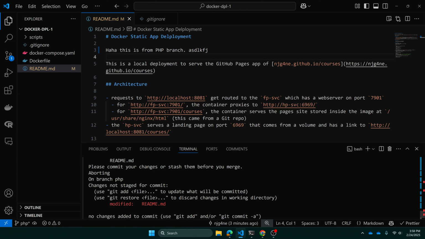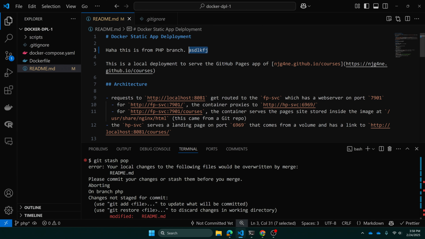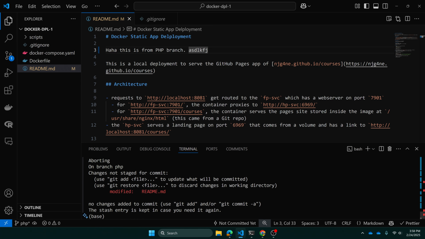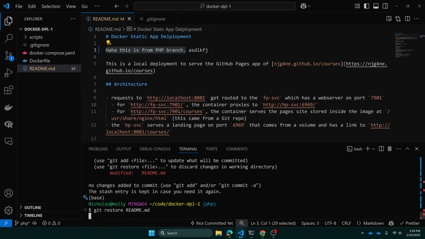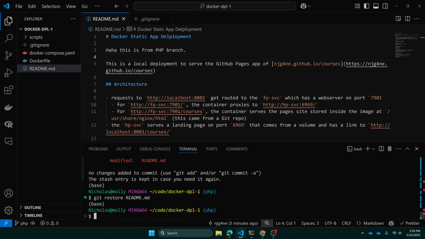you can see commit your changes or stash them before you merge. So it knows that it's going to disrupt things if we do this. So in this case, what I want to do is restore, meaning I want to undo these pending changes that I brought back from the stash. So I'll do a git restore README, and this is going to take it back to wherever we were, where the last commit is. So the last commit would be when we just had this part here. So now that stashed change that we brought back, now that is gone forever,